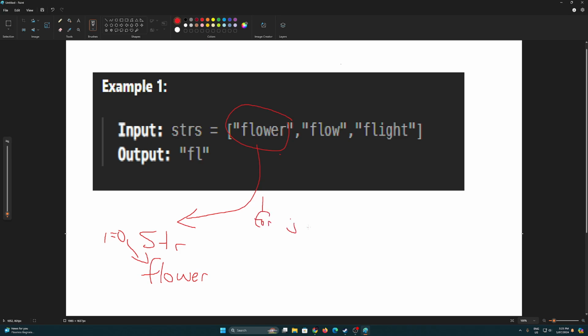for j in range len of strs[i], which should give us 4. Then we do if strs[i-1][j] is equal to strs[i][j],